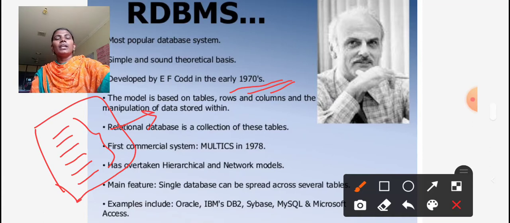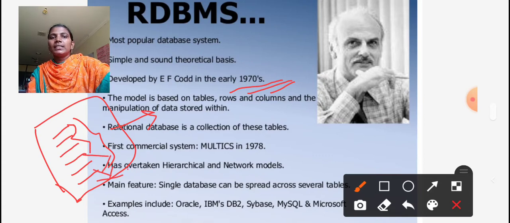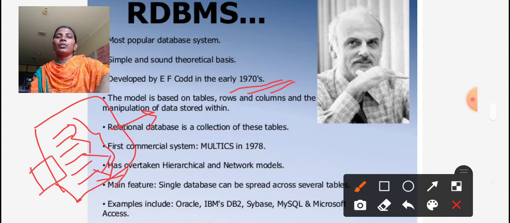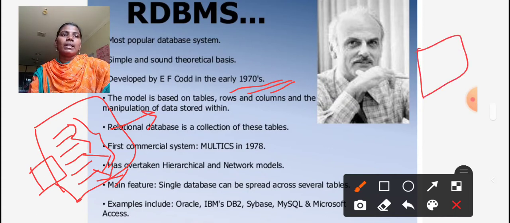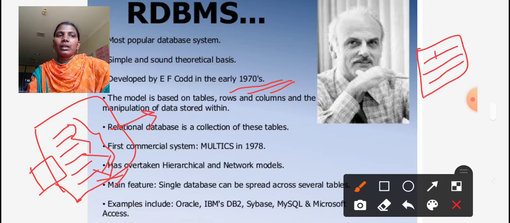So here there is no relationship between one file and another file, and the data files exist in the form of text files. To store the data in the form of tables, it is needed to implement the RDBMS concept.